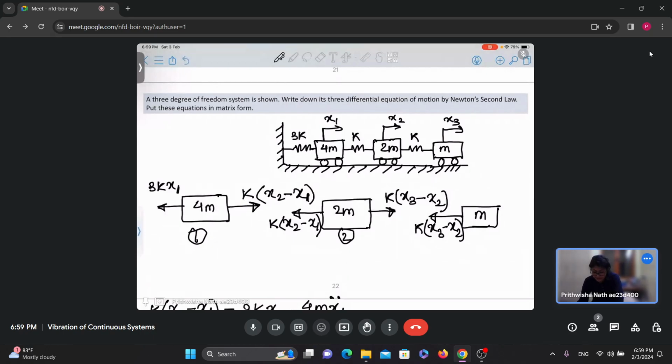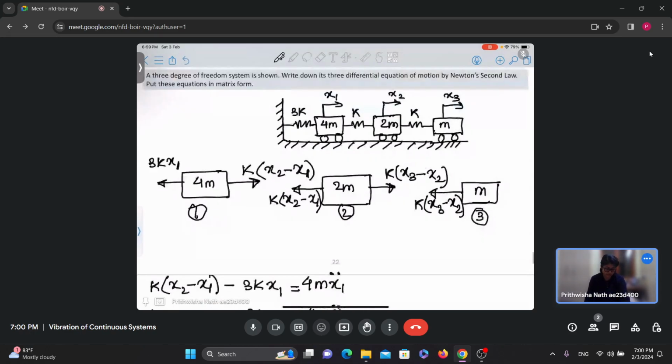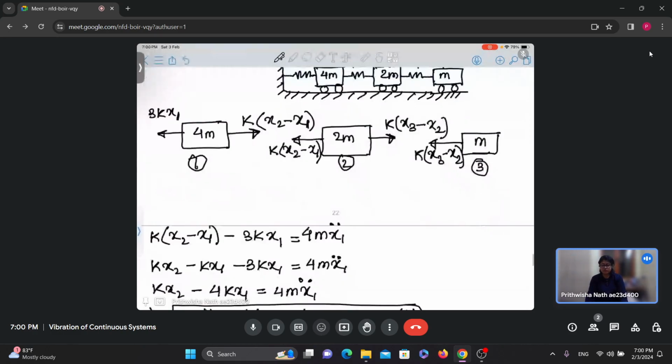Similarly for the second mass, on the left side it is acting as k into x2 minus x1 and on the right side it is k into x3 minus x2. And similarly for the third mass, only the force is acting towards the left, that is k into x3 minus x2. Now we put this in form of three equations. So considering the first mass,